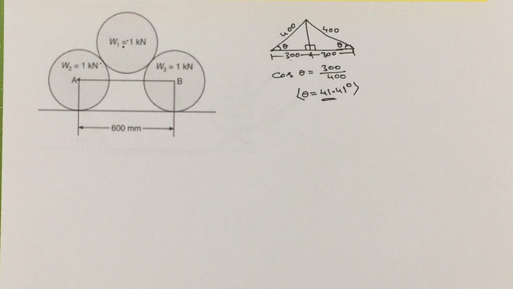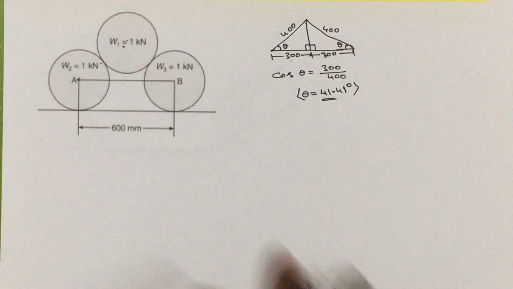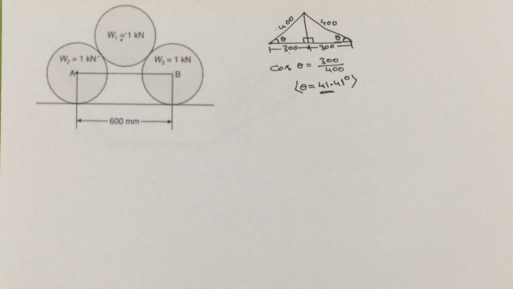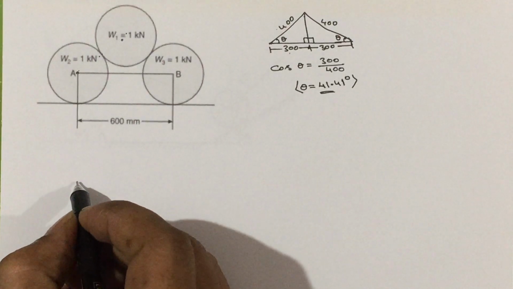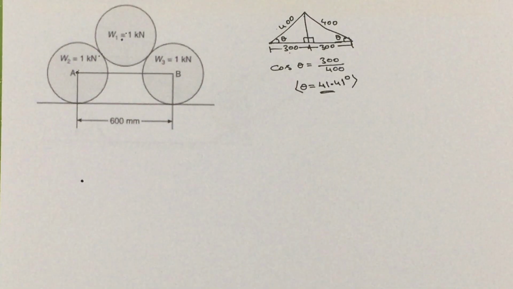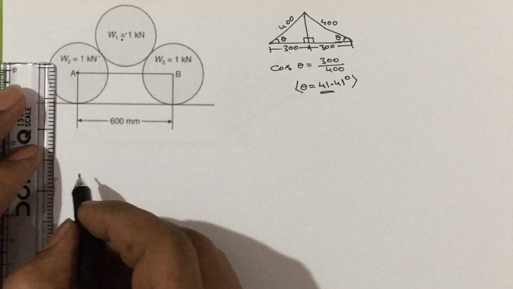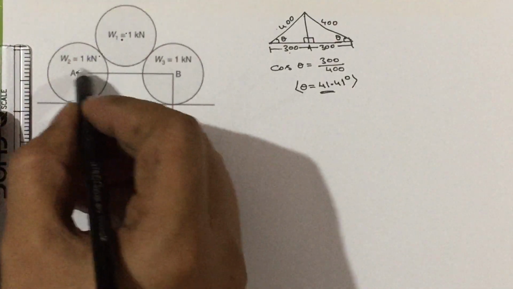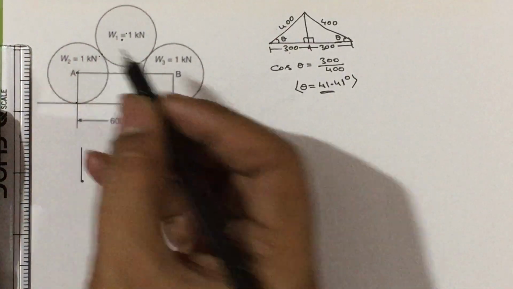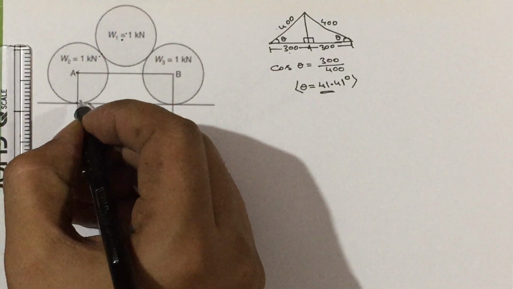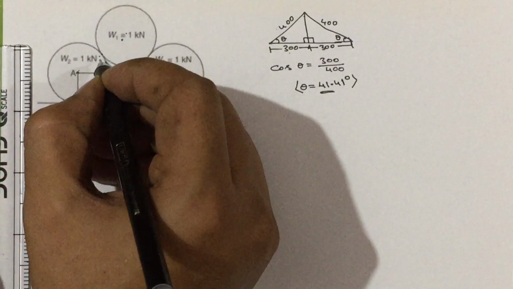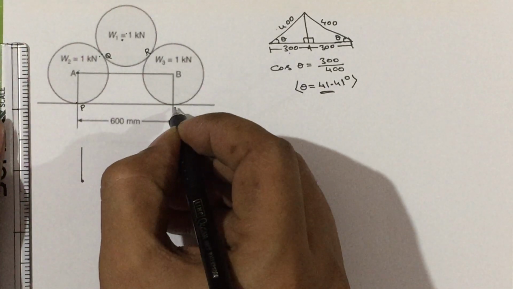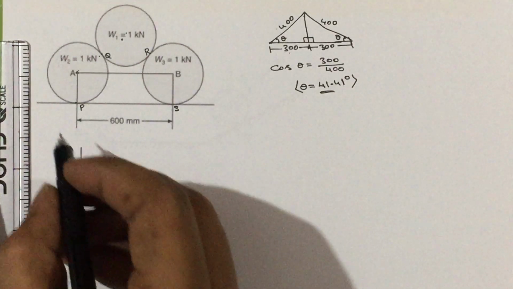Since we have 3 balls, we need to write 3 free body diagrams. Let us write 3 free body diagrams now. For the first ball, write the point, then write the lines connected. First we have the weight line, then this ball is in contact at this point as well as this point. Here the names have not been given, so we need to name them first: P, Q, R and S.